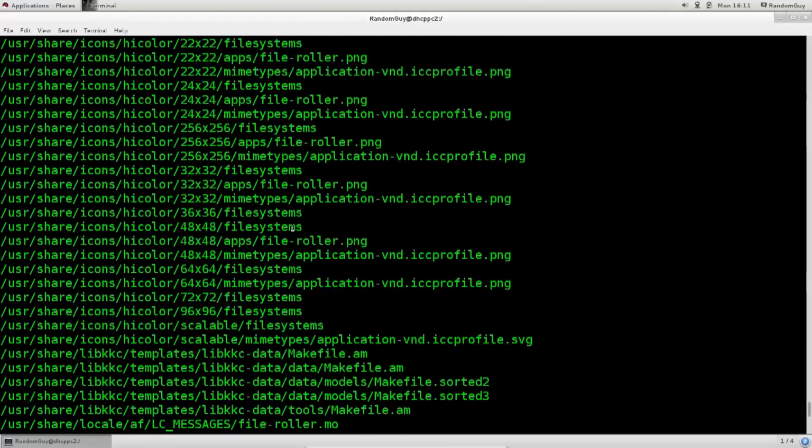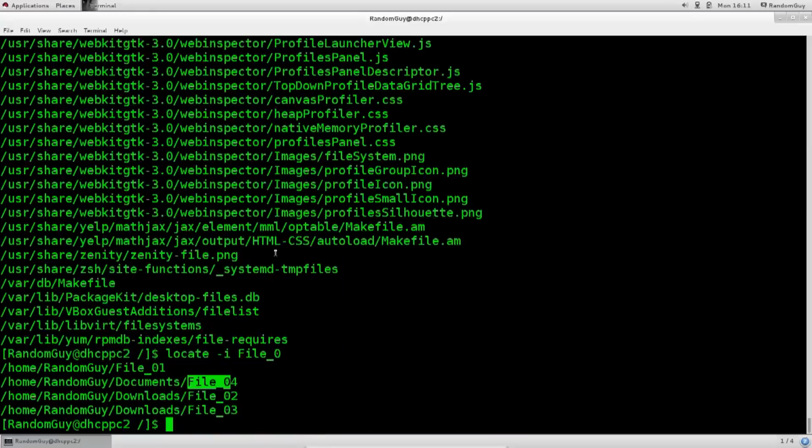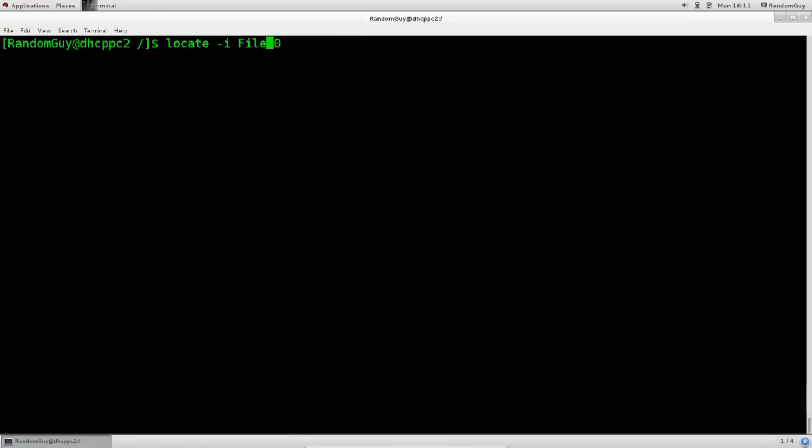Or if you know where you've approximately saved something, you don't need to search through the entire file system. You can just specify a path and then a name. Hold on, I didn't show you how to do that with locate. Let me just do this. So locate file 0, and if I say home,